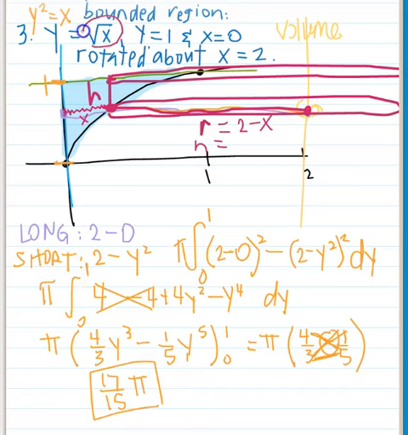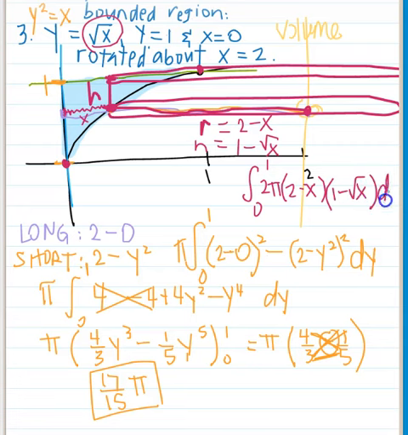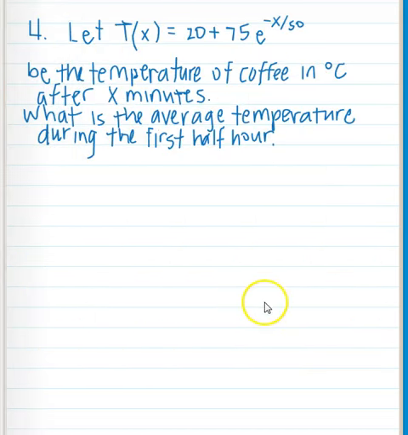So then I can go back to this equation. Well, the top function, first off, is 1, minus the bottom function, which is rad x. Okay, points of intersection in terms of x are still going from 0 to 1, so that doesn't change much. And then it's 2 pi r, r is the 2 minus x, times the height, which is 1 minus rad x, and then to make it into a volume, you do dx. Boom. Chuck, chuck, chuck, chuck. All right,